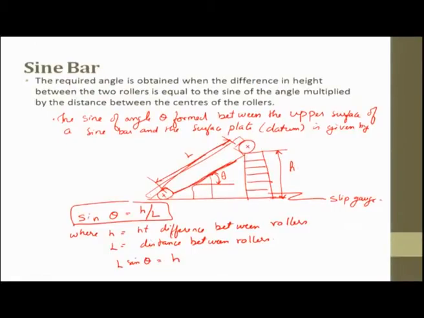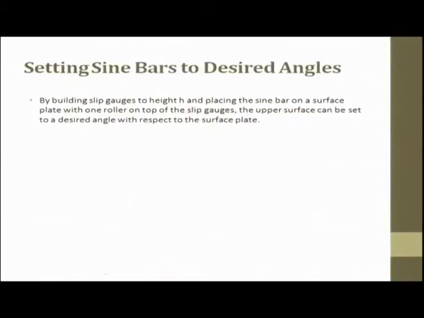Now, this is a flat plate, this is flat. With this we can figure out h; the height is nothing but L into sine theta. By building the sine gauge to height h and placing the sine bar on a surface plate with one roller on top of the slip gauge, the upper surface can be set to a desired angle with respect to the surface plate. So, here what we are trying to say is,